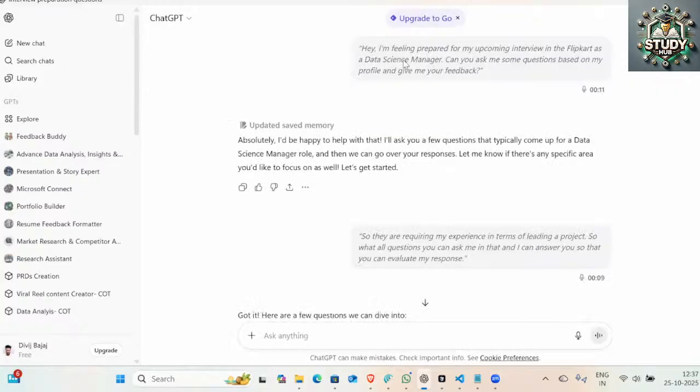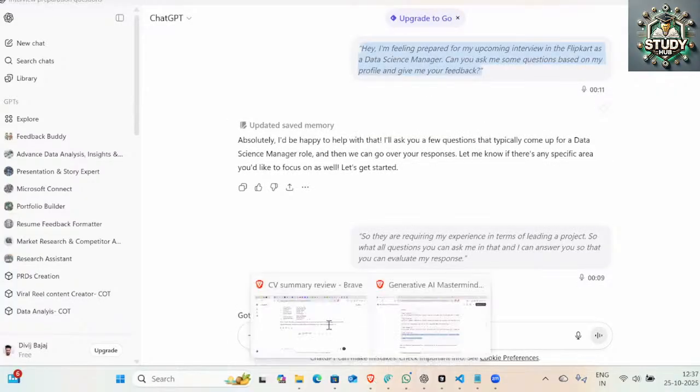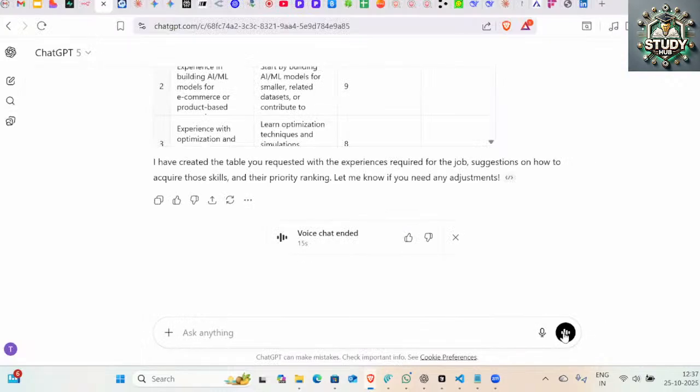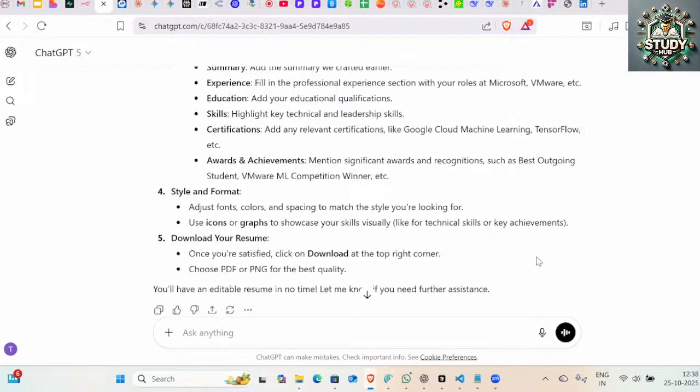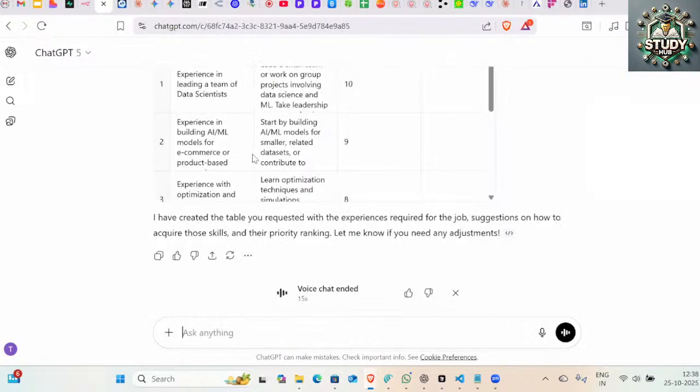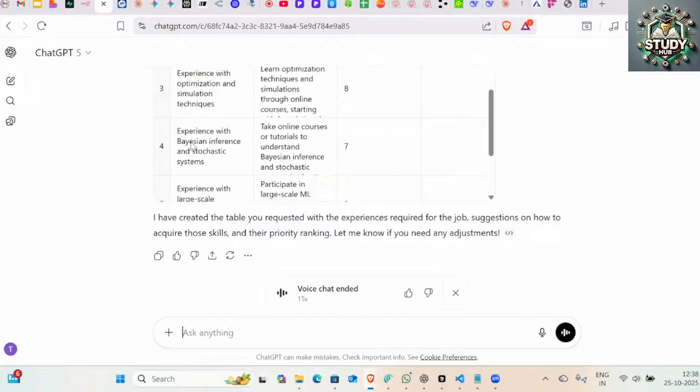Right, so you got the gist, right? Since it did not have any prior context in this window, we did it on the web browser version, right? So here it is not working, but in a similar way you can have it, and it has all the context, all the priorities, right? What you were preparing for, right? It knows that you have to prepare for Bayesian inferencing. It will ask you questions on these topics.